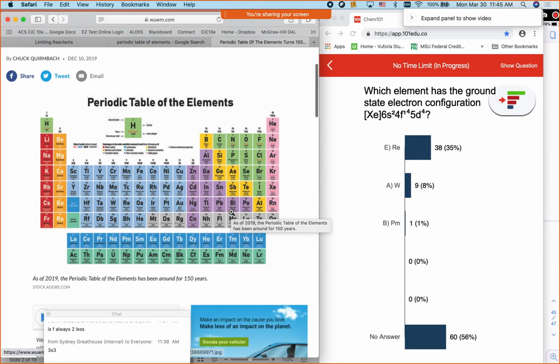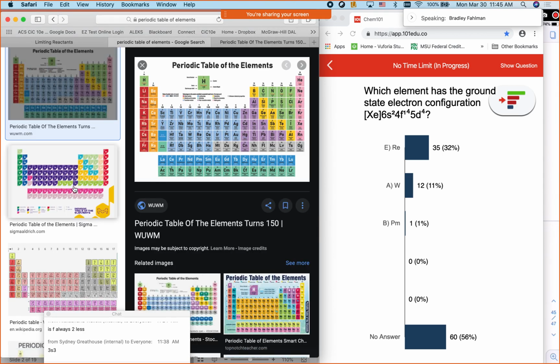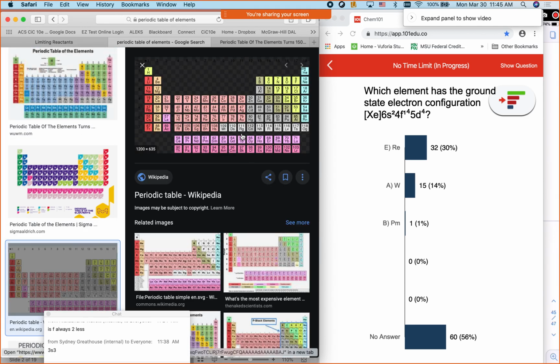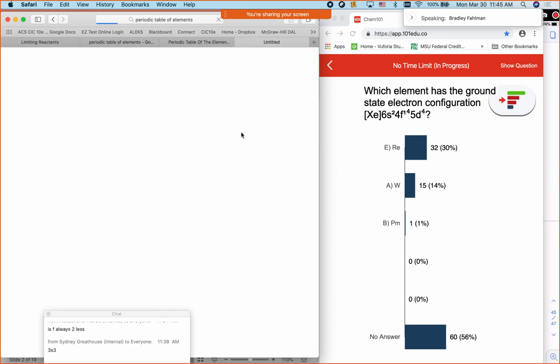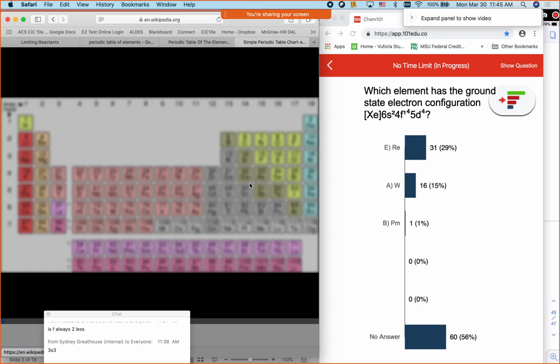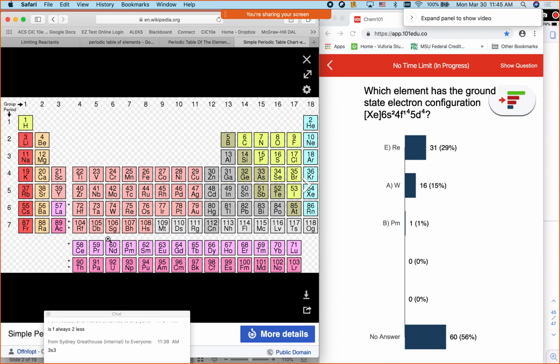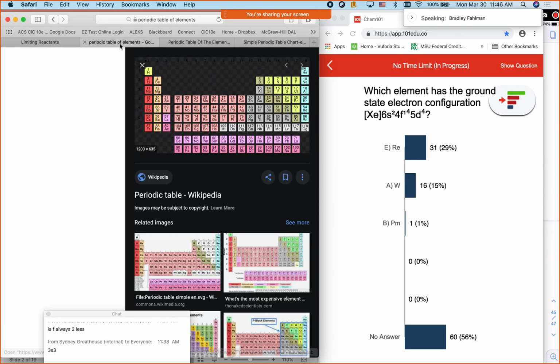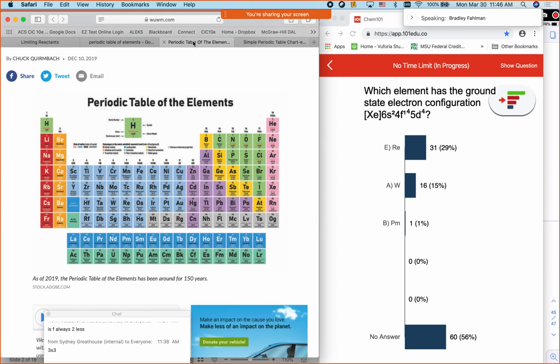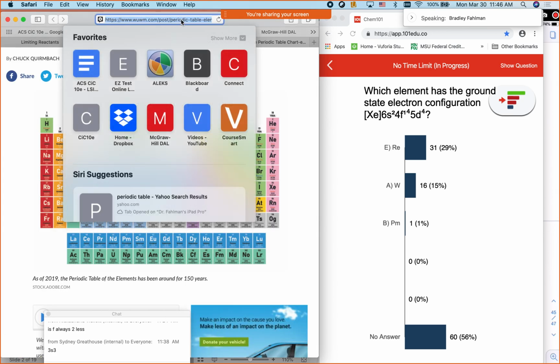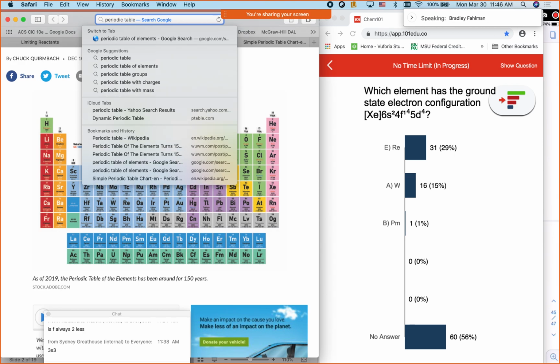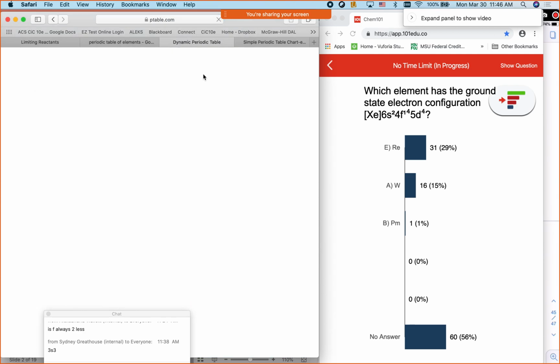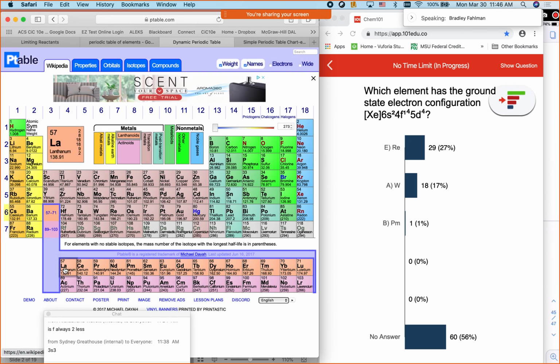Is that bigger? No. Here we go, this one. Okay, good old Wikipedia. So if you look at it this way, in this periodic table, which one? Let me go back to the one it was. Dynamic periodic table. Okay, this one, it made it look like